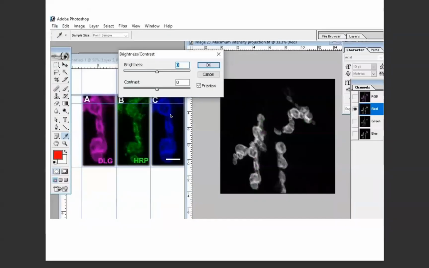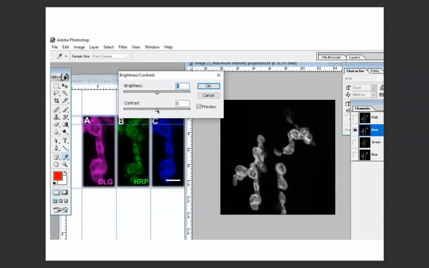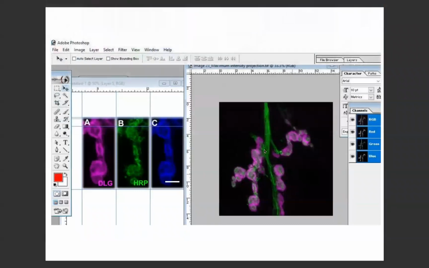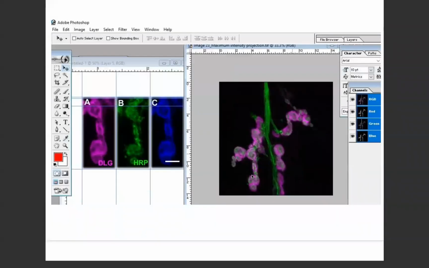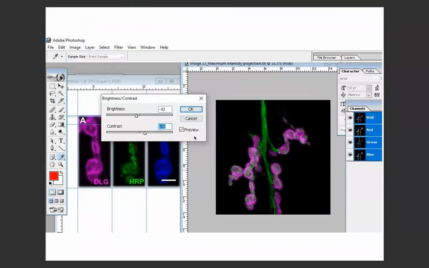I have just decreased a little bit the brightness, increased a little bit the contrast, and that's why the image became very crispy here, which is shown here. Then from the red channel, just go to the RGB, then you will get a crispy image. Here you can see, just as I mentioned earlier, I just decreased the brightness and increased the contrast of this image.